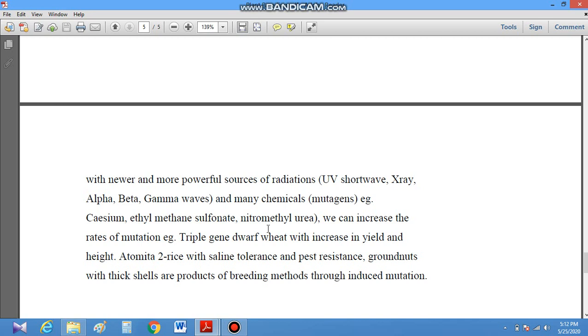Then materials are exposed to different doses of mutagenic rays, and for each treatment 500 to 2000 seeds are exposed at a single time.